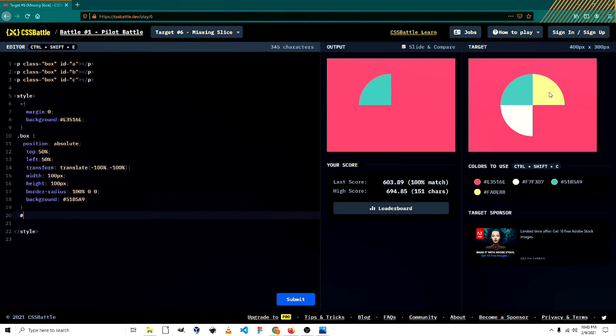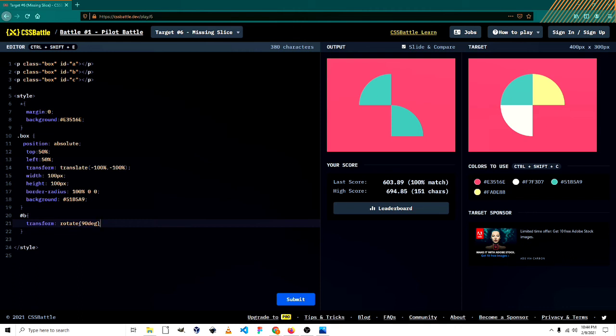Let this be A, let this be B, and let this be C. So for B, let's say transform, rotate 90 degrees, rotate minus 90 degrees, yep, translate